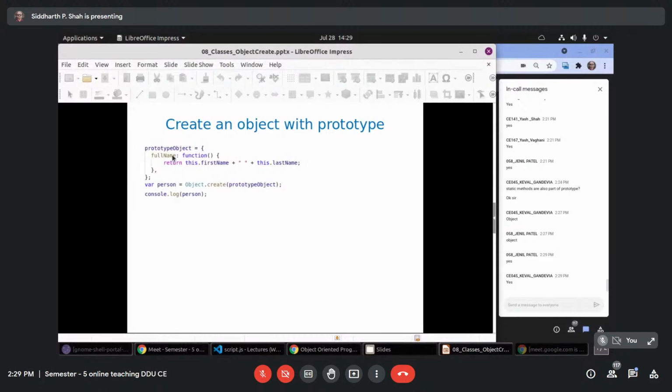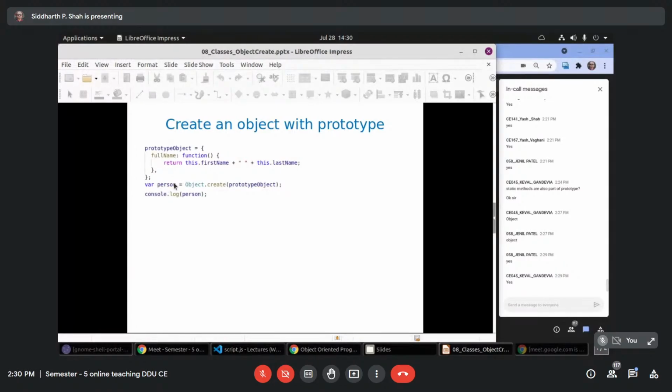Now I want to create a person object with this object as its prototype. That is why I am passing it here. So this object will be attached as the newly created object's prototype.